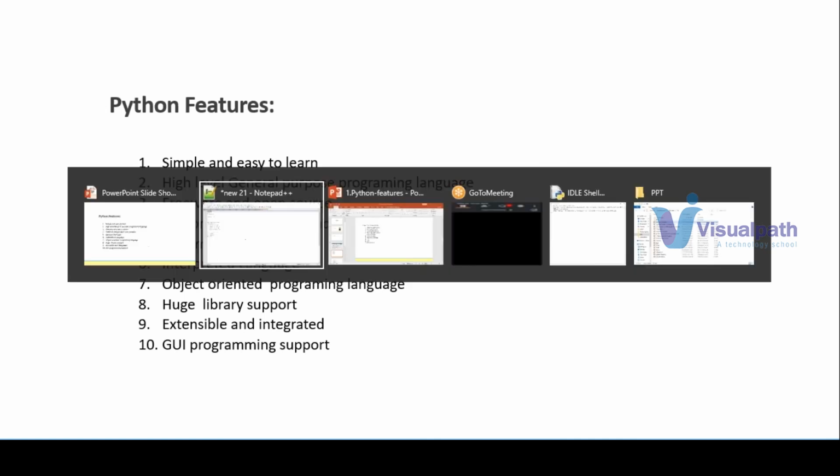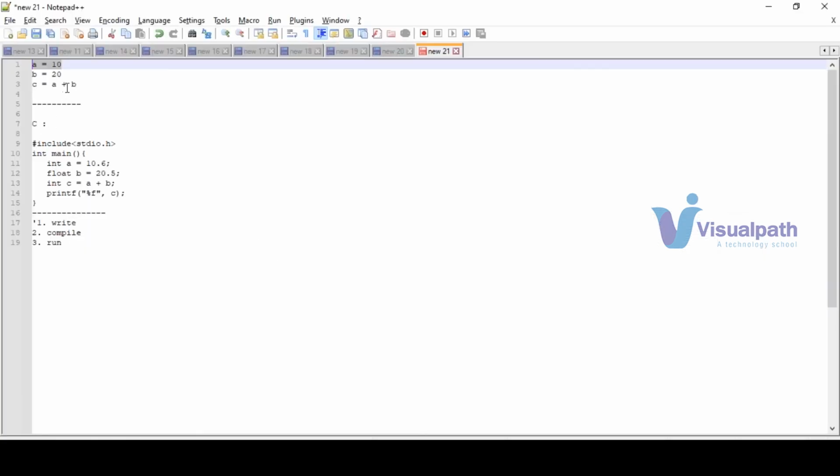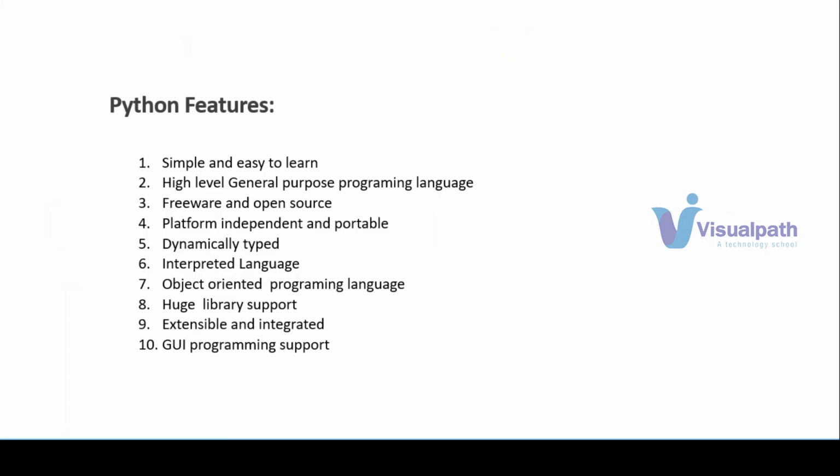Existing behavior is nothing but, for example, when I say a plus b, what will happen? It will add two numbers. But as the source code is available, when I use a plus b, instead of adding two numbers, I can multiply them. No one will do that, but you can do it because the source code is available. So this is a very important thing, and this is the most important reason why Python is becoming popular.